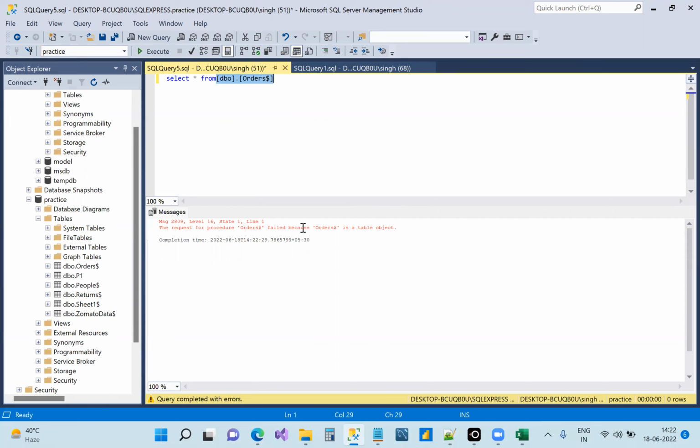Got it? Whatever error comes, always read it properly, because you're bound to make errors, since we are all humans and might make syntax errors at times. Don't worry about making errors. That's a small thing. You can make n number of errors, but understand the concept. That is more important. And understand the error it throws, so that you don't make the same error again and again. Any problem till now? To execute or run any query you have written, press F5. I'll teach this when I teach you how to run queries.